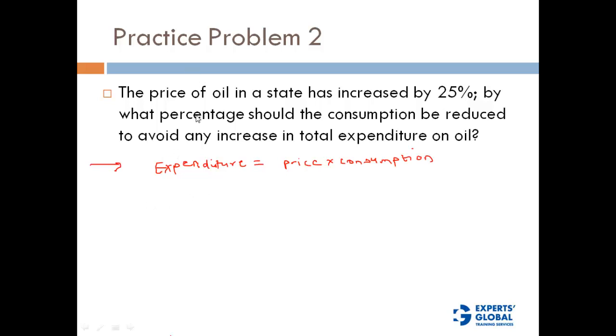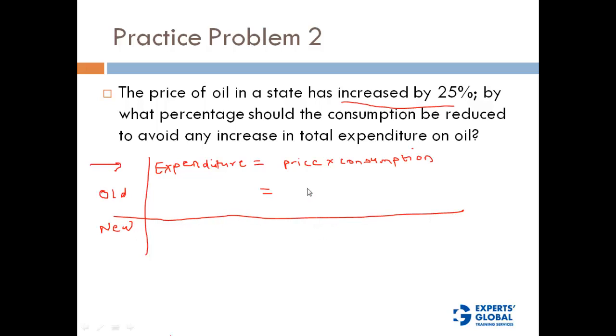So now what it is saying is, let's say the price, we know that the increase in price is 25%, right? So this is, let's say, the old scenario, this is the new scenario. So we'll come up with some numbers to fit in these scenarios. So what was the earlier price? Earlier price, let's say, 100x. What is the new price? The new price has increased by 25%, so it's going to be 125x, right? Consumption, let's say this is consumption 1, this is consumption 2.